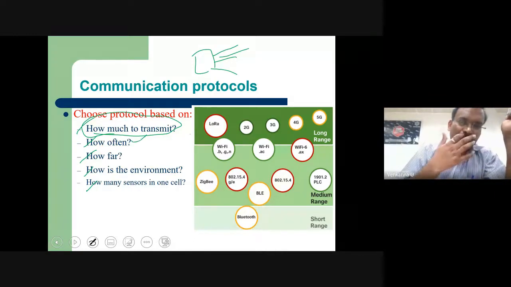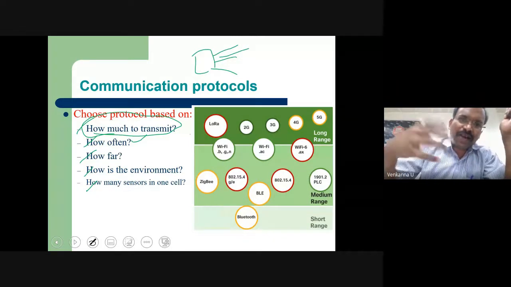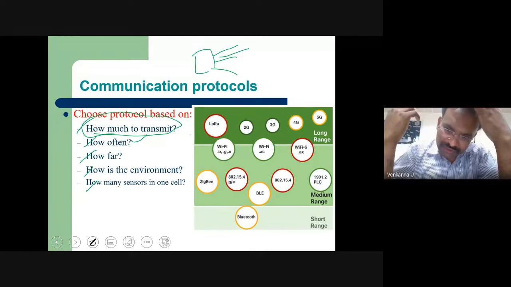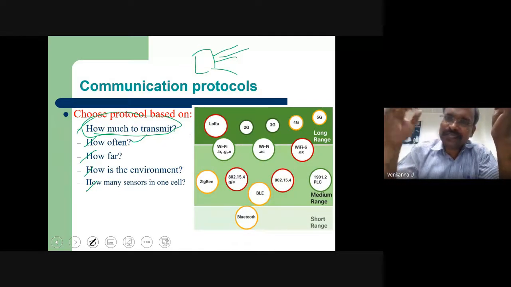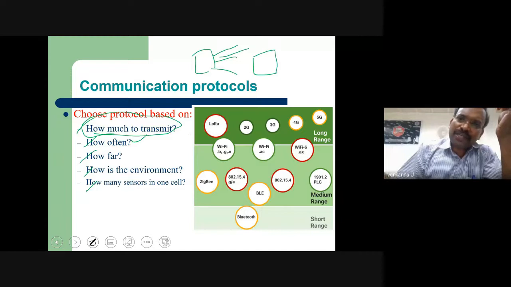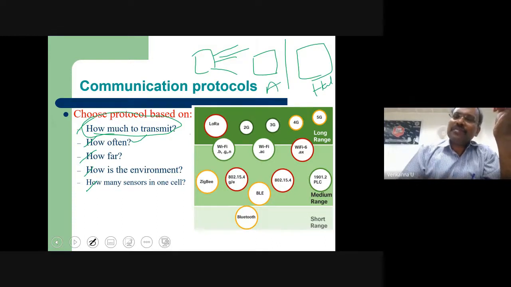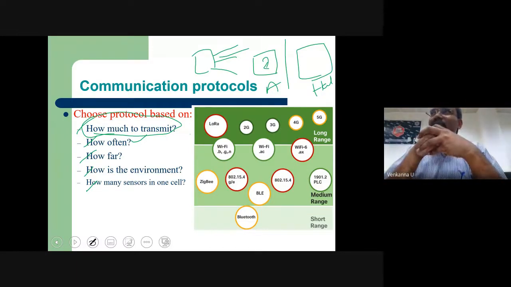Then how often, your interval of generation. For example, you develop an IoT application for agriculture, and you develop an IoT application for healthcare. There is a clear difference. In agriculture, there is no need to generate your data frequently. Means you measure the moisture value now at 4:15, you can measure the moisture value after 20 minutes, or after 1 hour, or after 2 hours. No problem. There is not much difference in the moisture value.